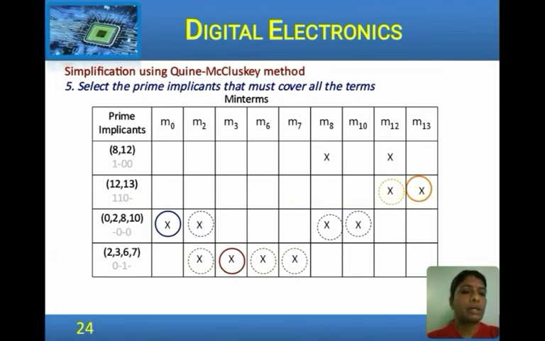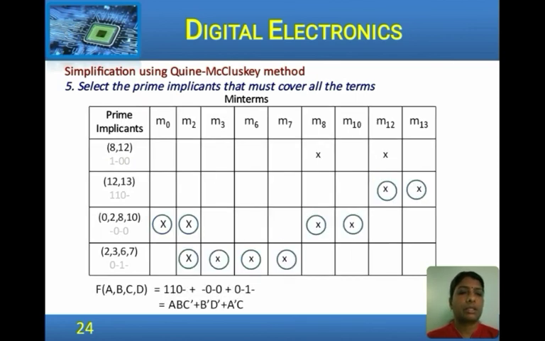So now you observe, see if all the minterms are covered. Yes, we have circled up everything. M8 is already encircled, so there is no need for selecting it. Similarly M10, M12, and we go. So these 3 prime implicants are sufficient. 8, 12 is not needed to cover all the minterms. So this is a chart. So all the minterms that are covered and the prime implicants that are chosen.